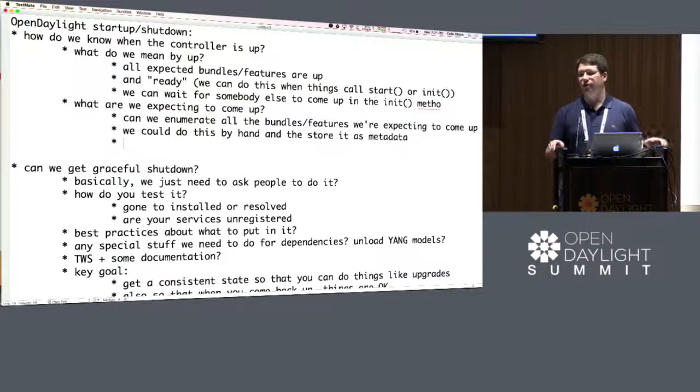Well, no, but the question is, how do you tell? When I'm running test A, I need the OpenFlow plugin and OVSDB to come up. But when I'm running test B, I don't need either of those to come up. I just need netconf to come up, and to understand that those two are different. Okay. If you use blueprint